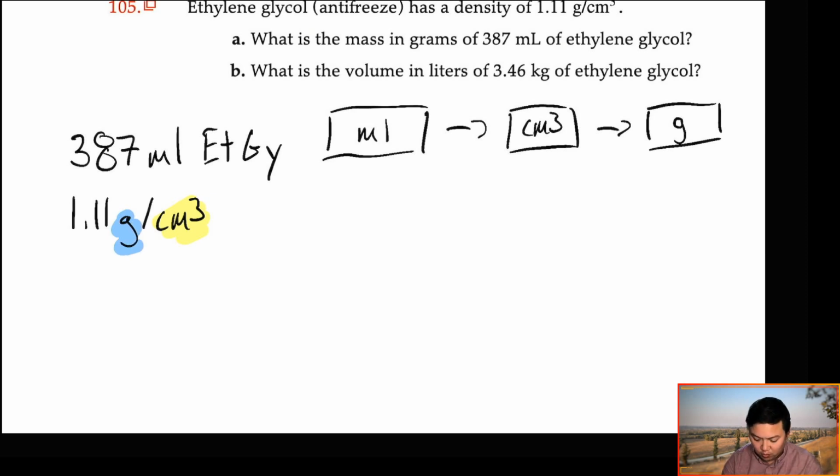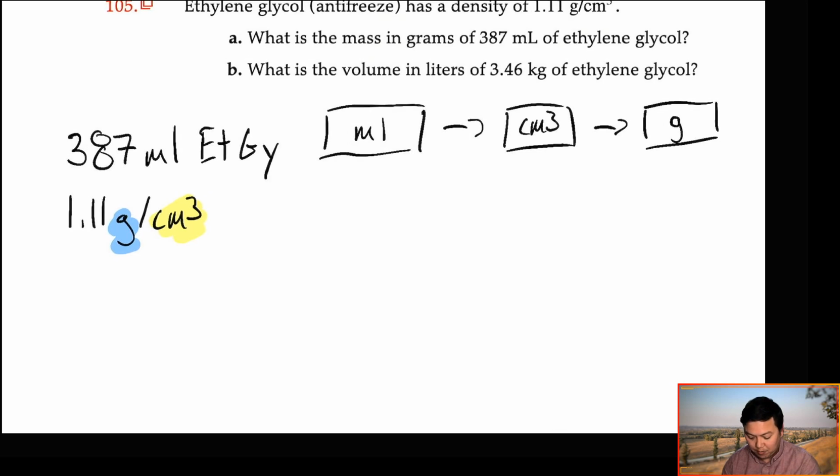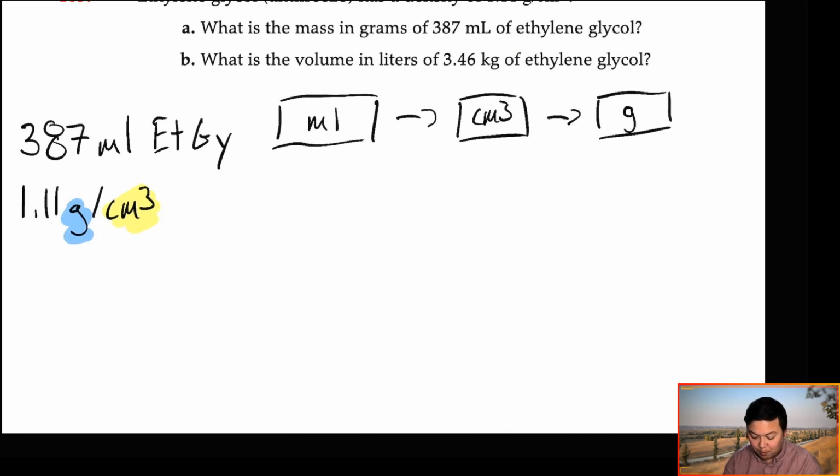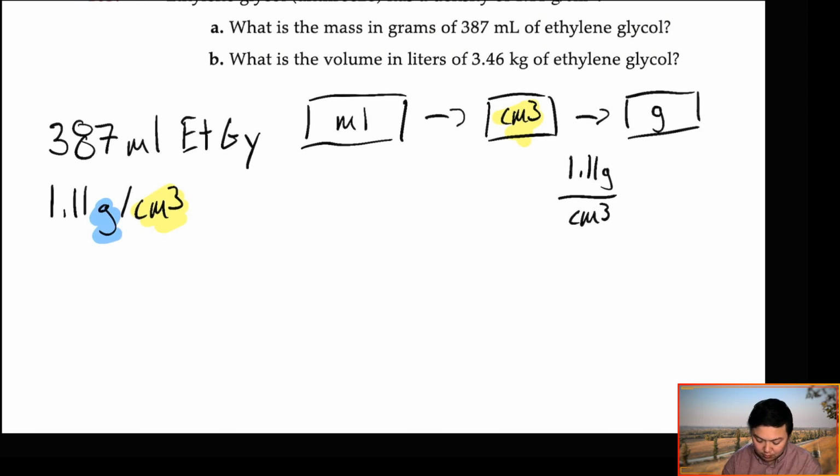Grams is what we're looking for, so we're going to put grams on top, and we're going to put cubic centimeters on the bottom, because that is the unit that we have here, because we want those to cancel. So we'll say 1.11 grams per centimeter cubed, or cubic centimeters. And then from there,